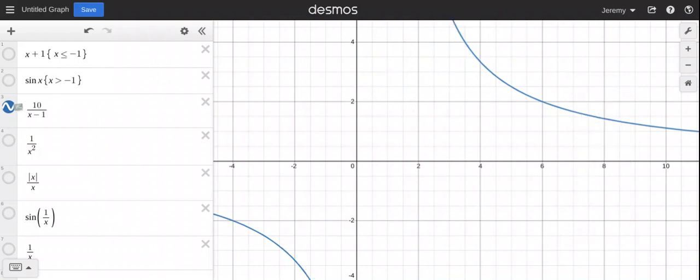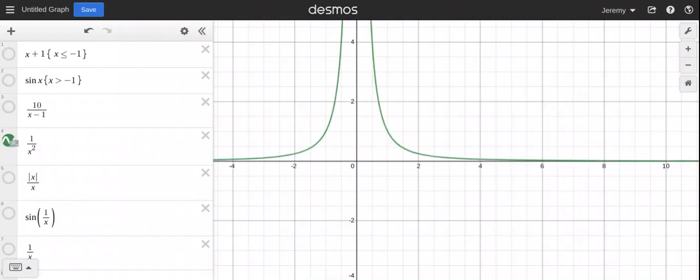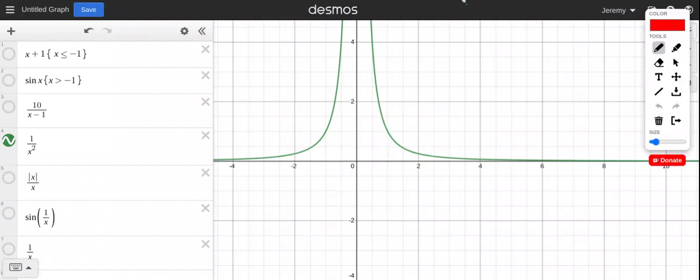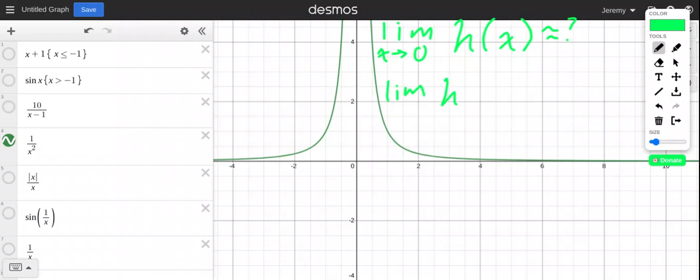Alright, now I'm going to look at these four, and these four are interesting functions in terms of their limits. So, first one, first I want to know what is the limit of, now I'll call this h of x, as x approaches 0. So what would that be equal to? Again, you can first find the limit of h of x as x approaches 0 from the left. And that really just means looking at values that are less than 0 and seeing